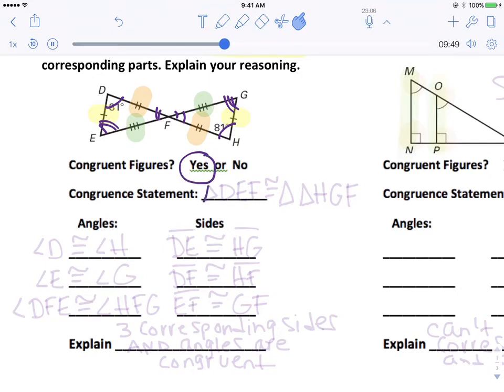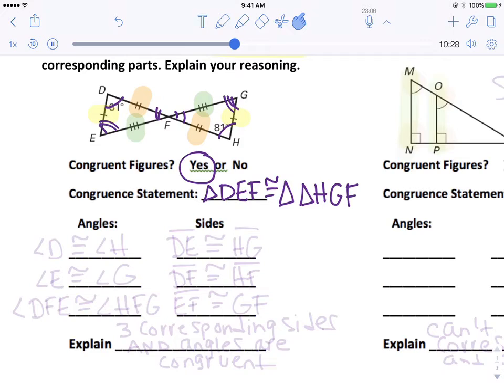And we're going to write a congruent statement. So triangle DEF is congruent to triangle, and this is where we have to be very careful when we label this. Angle D matches up with angle H. So we're going to want to write triangle H. Then the second angle, angle E, matches up with angle G. And then we have angle F. So we have to write those in the exact order so that we know which angles and sides are congruent